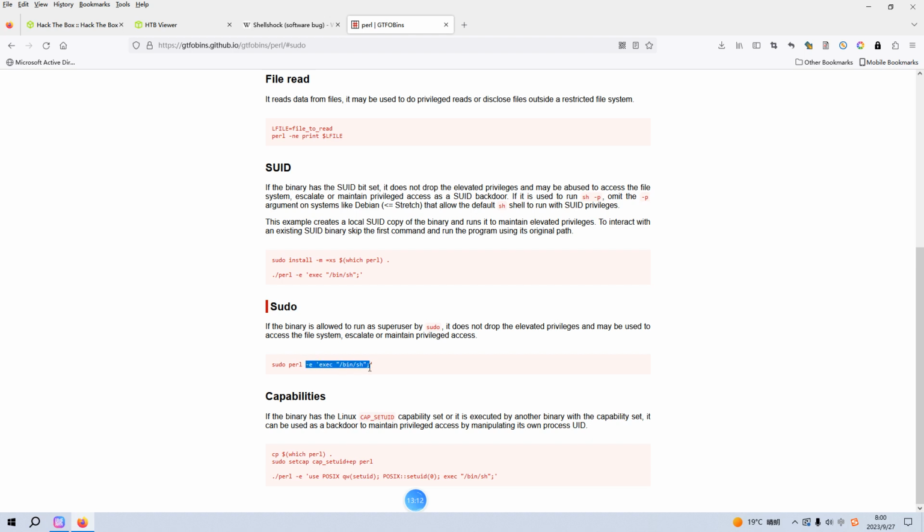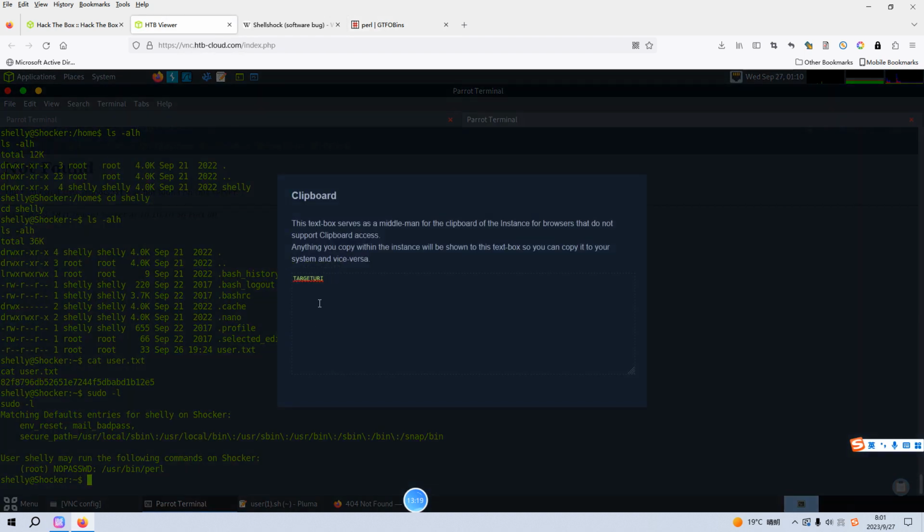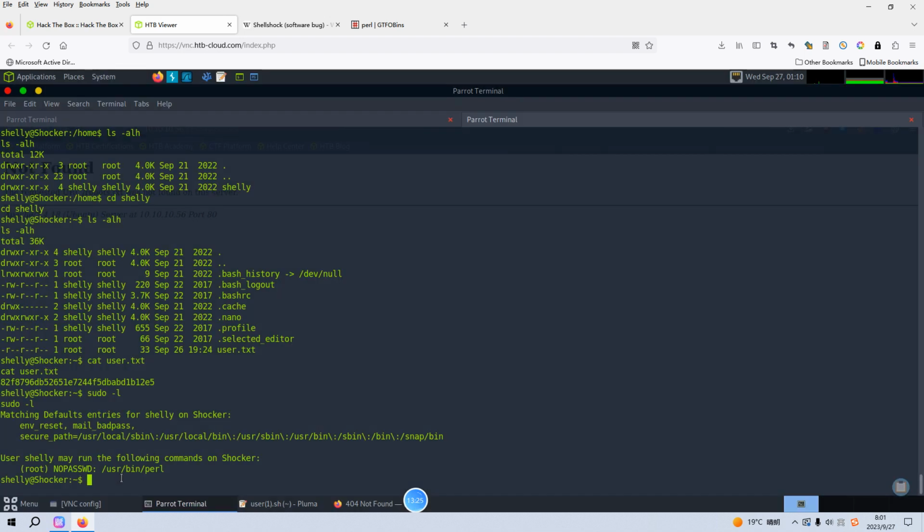We can make a copy, right? And then we can go back to our terminal, and we can sudo /usr/bin/perl, and we can paste in here,